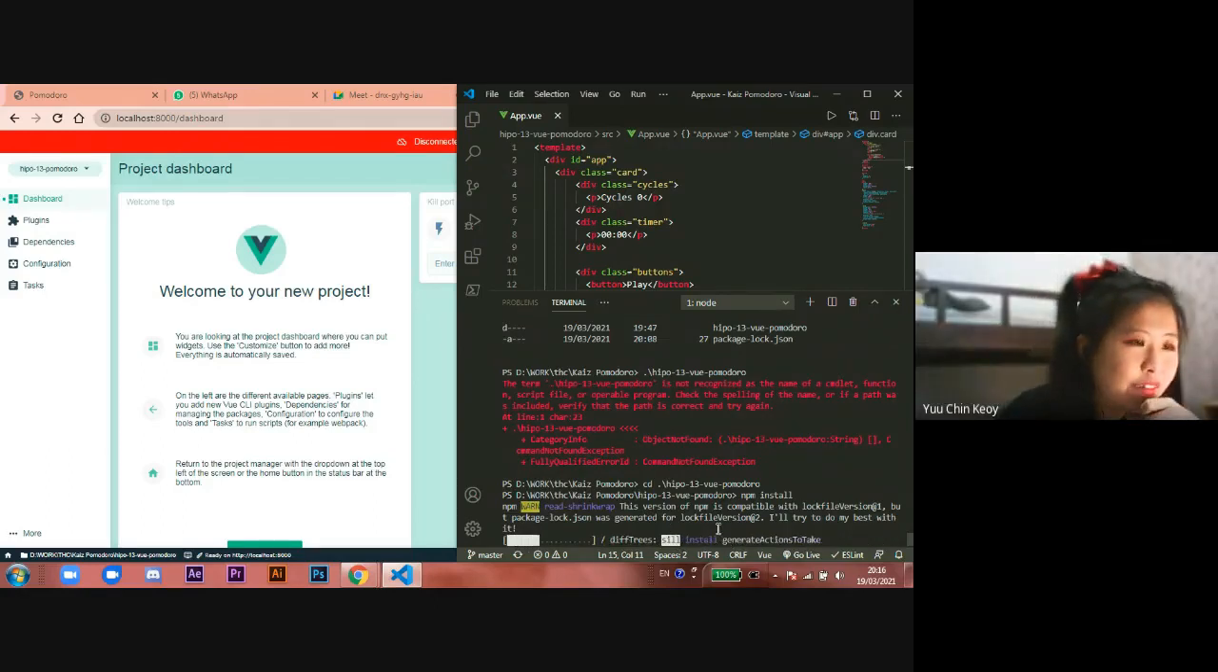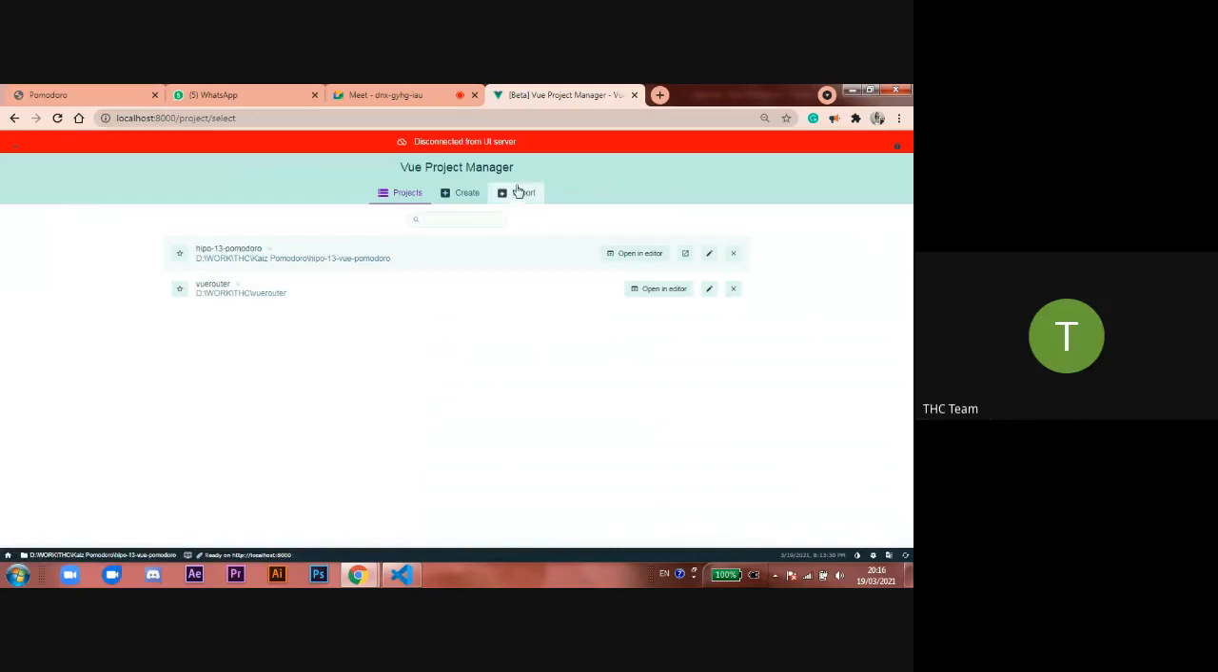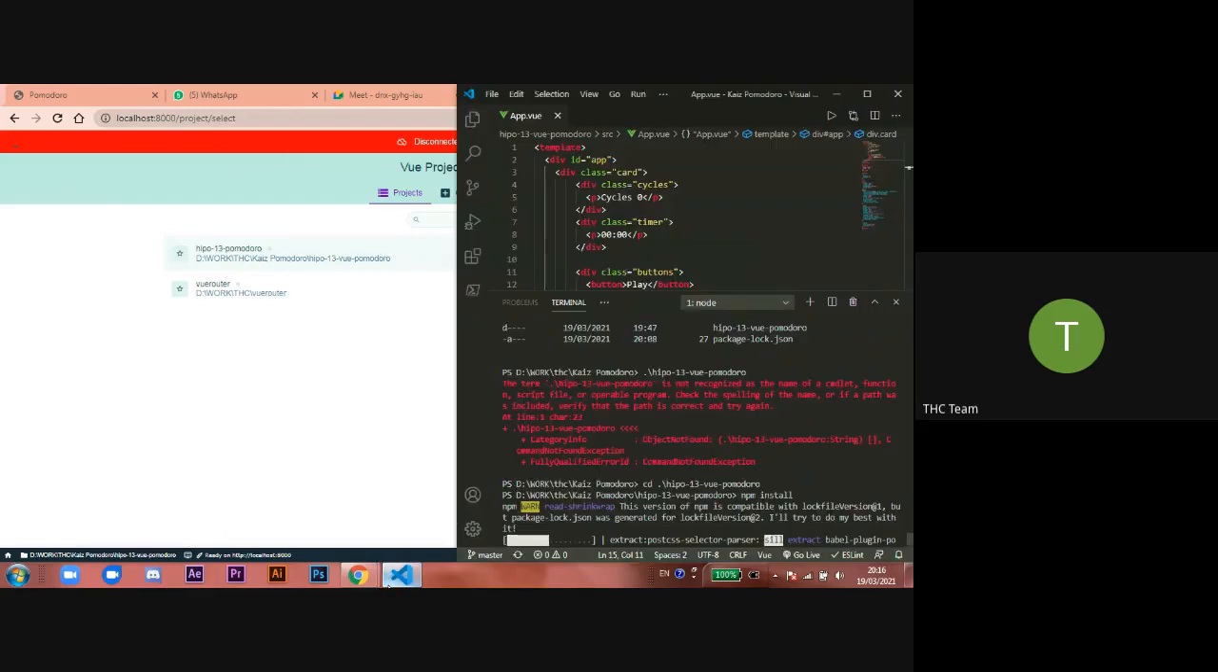So basically, if I do this via the UI, I'll have to go inside the project manager and import. Yes, import it. But yeah, make use of the terminal, because Vue UI is kind of weird, to be honest. It's a beta as well, so it's not really stable. So terminal is